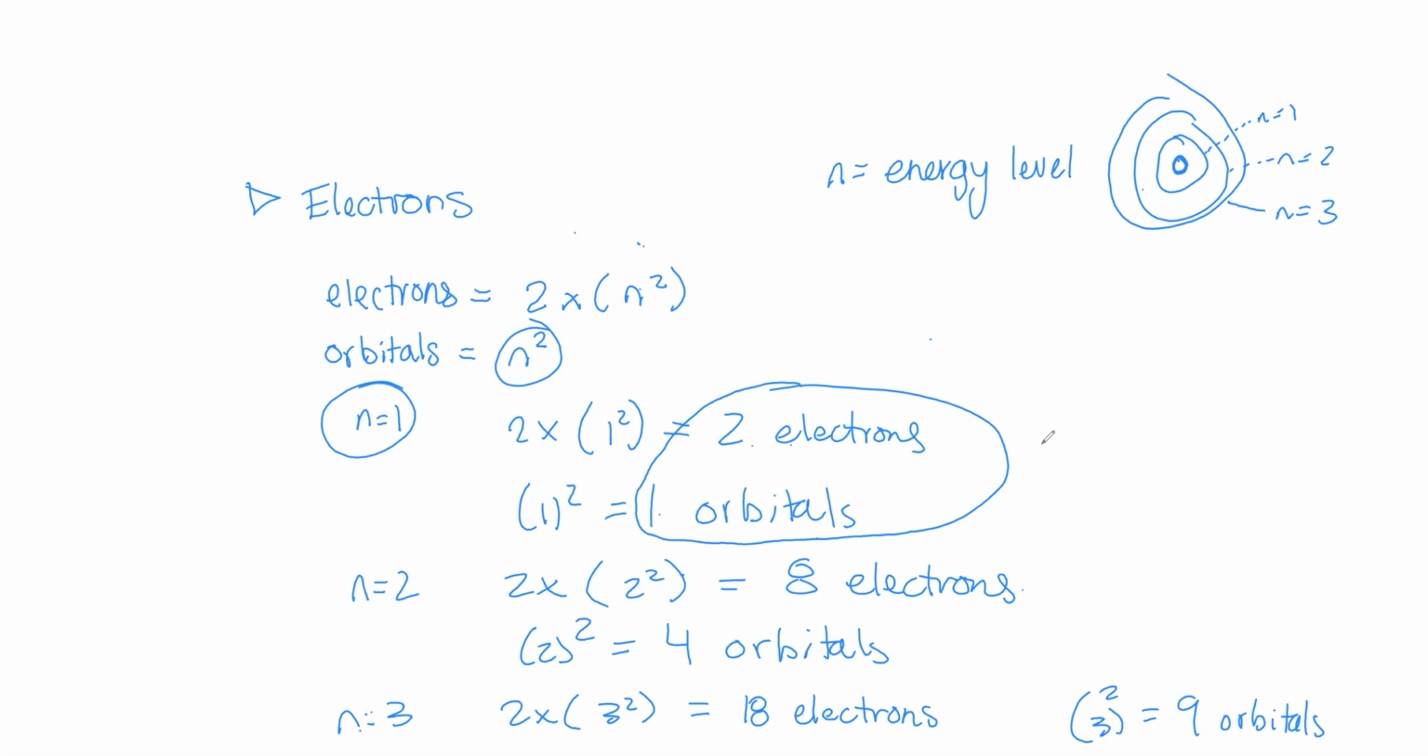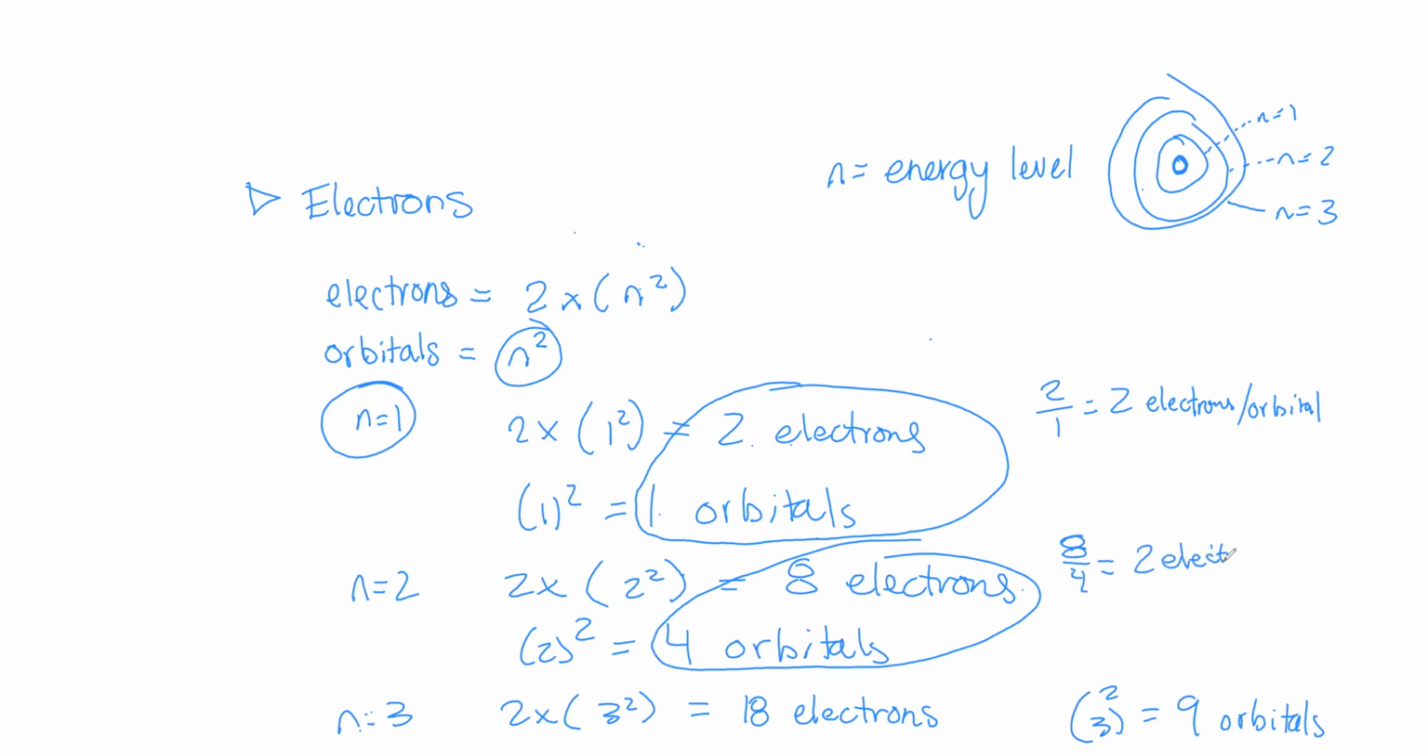And then 2 divided by 1 obviously is 2 electrons per orbital. And this is the same thing here: 8 divided by 4 is 2 electrons per orbital. So that pattern follows basically no matter how many energy levels you go, you're going to get 2 electrons per orbital. So that's going to be really important for lecture 9,